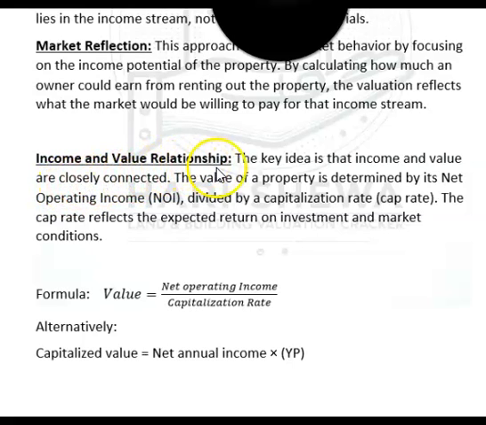Income and value relationship. The key idea is that income and value are closely connected. The value of property is determined by its net operating income divided by the capitalization rate. The cap rate reflects the expected return on investment and market condition. This is the value: net operating income,